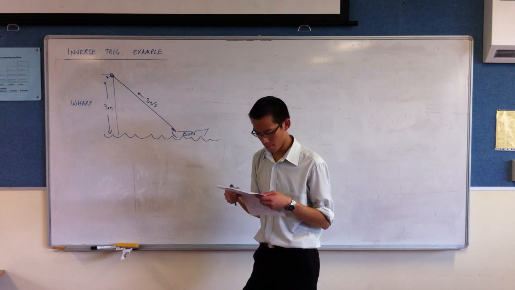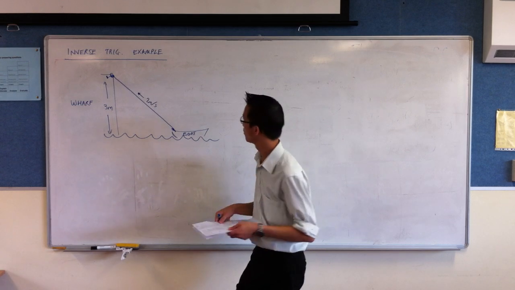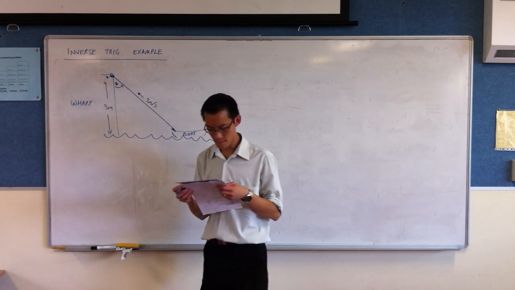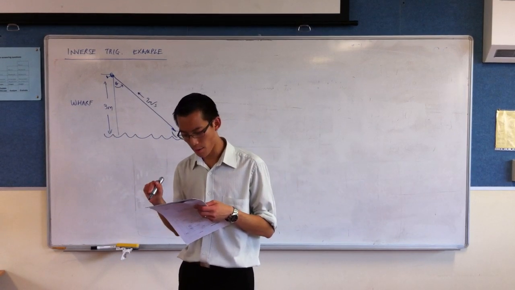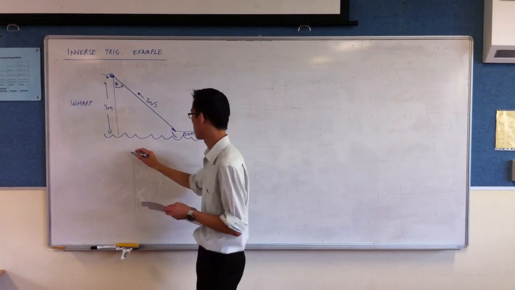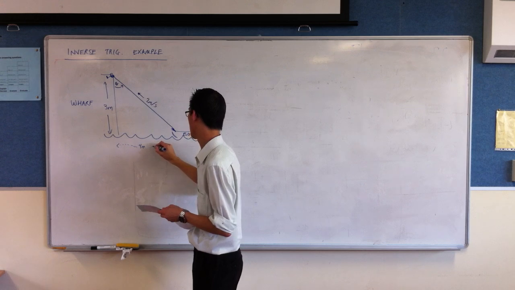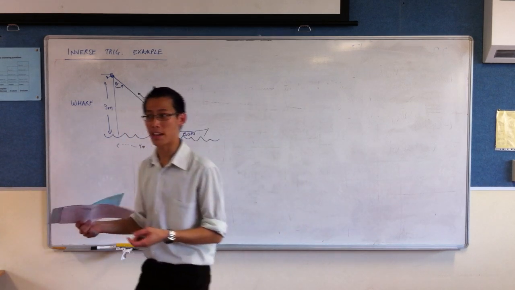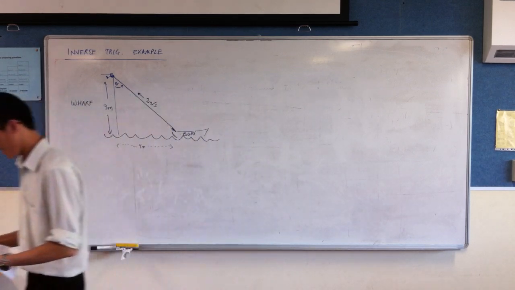At what rate is the angle between the rope and the wharf decreasing when the dinghy is 4 meters from the wharf? So that's this distance here. Alright, do you need me to repeat any parts of that again, or is that enough? Is that okay? What's a dinghy? Alright, now,